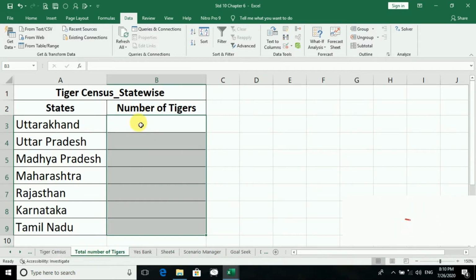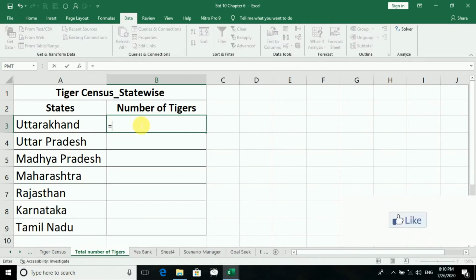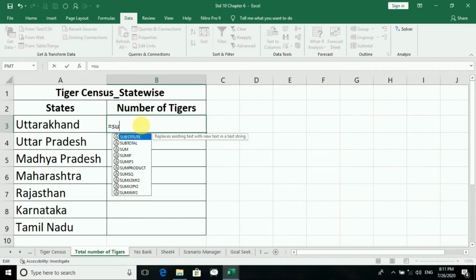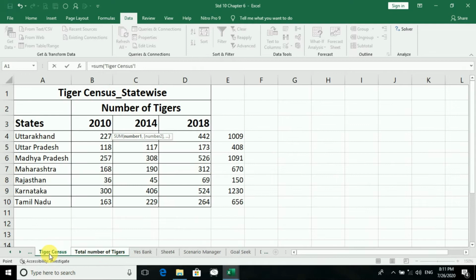Yes, we can get it over here in another sheet also. You must be thinking no, it is not possible. Yes, it is possible. What you have to do, you have to click on the equal to sign. Why equal to sign? Because you know that to give a formula or function, we have to give the equal to sign and the parenthesis. Now I will go to the tiger census, from where I have to get the total. According to the state we have to give it, so you will drag it from B4 to D4. You can even write it also. Keep the bracket. Now the parenthesis we have to close it.